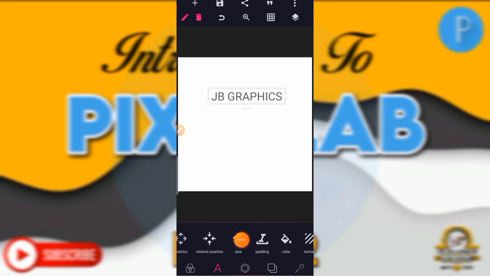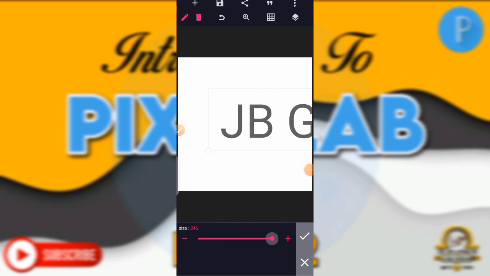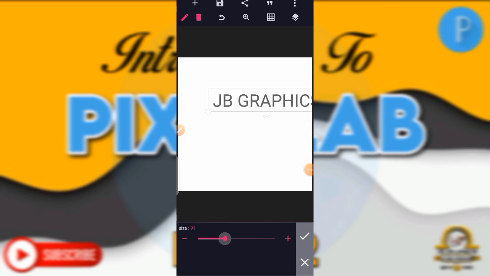Now size. When you click on it, it will help you to increase the size of your text. So you see it has increased, it is decreasing. So how you want your text size to be. Okay,